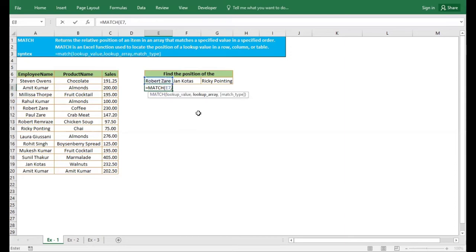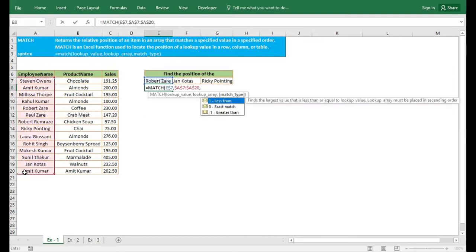comma, and then lookup array, or you can say lookup list, where you want to find these 3 people. I want to find them here. Okay, and then comma,